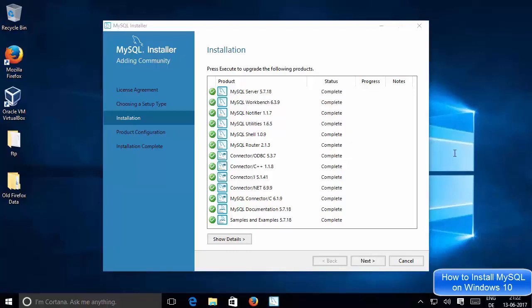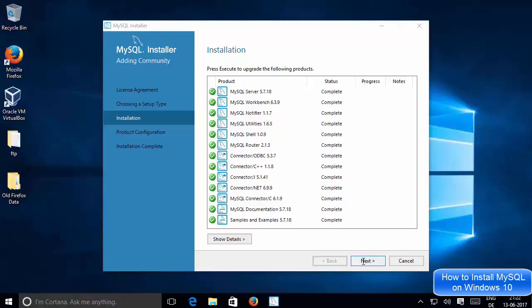So now the installation of each and every product which we have selected has been completed. You can see this green check mark in front of every product, and you can also see the status in front of every product, which has been installed successfully. Okay, so once you see complete status for every product, you can just go to the next step.